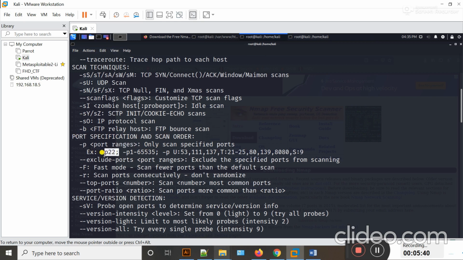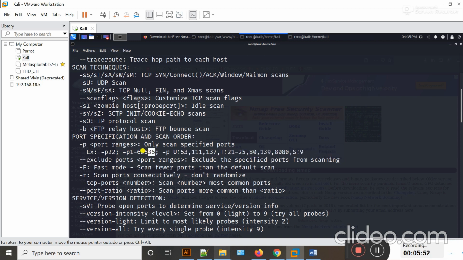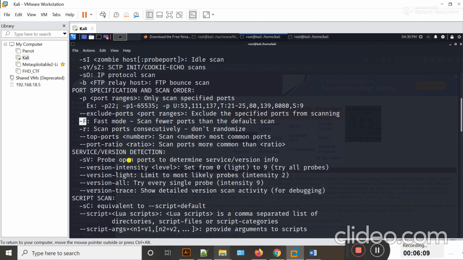It means only port 22 will be scanned, and then a comma is used, and then -p 1-65535. It means ports from 1 to the end will be scanned. Okay guys, in this example you can see a UDP scan is performed, and you can also use the -F switch. If you want fast mode scanning, then -F will be used.